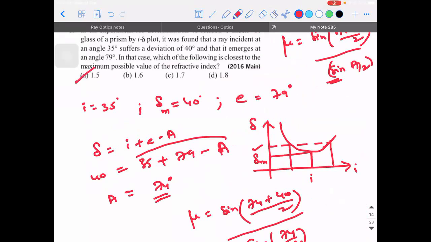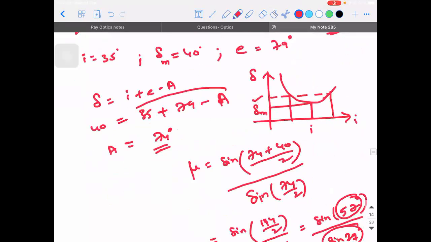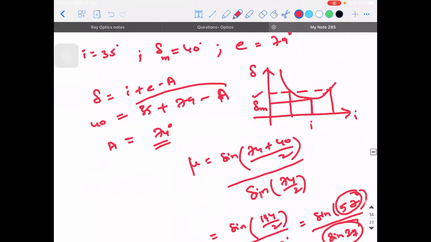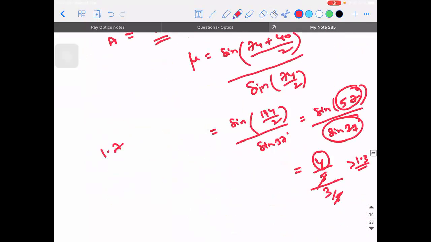See, it is 1.5, because you don't know the value of sine 57 degrees. We can take sine 60, root 3 by 2. So root 3 is 1.7, so 1.7 by 2. Correct? Yes sir. 1.7 by 2 divided by 3 by 5, which is 0.6. So 1.7 can be taken as 17 by 20 divided by 60 by 10. If we take it like this, is there any difference? Sir, actually we can do it like this, 6 by 10.